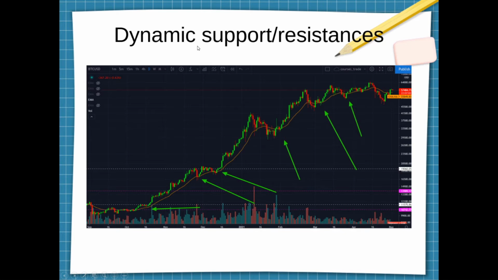I am using this chart to show you how important the difference is between dynamic and static support and resistance. I think I told you about this in the first part of this class when we covered the support and resistance lesson. A support and resistance is just a horizontal line, they don't move, they just stay there. For example, this one that we have at 19k, this one that we have at 13k, they will never change no matter what the market does in the future,